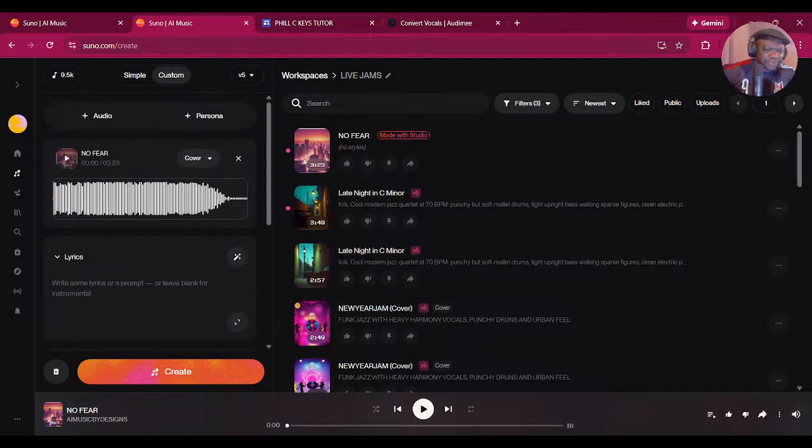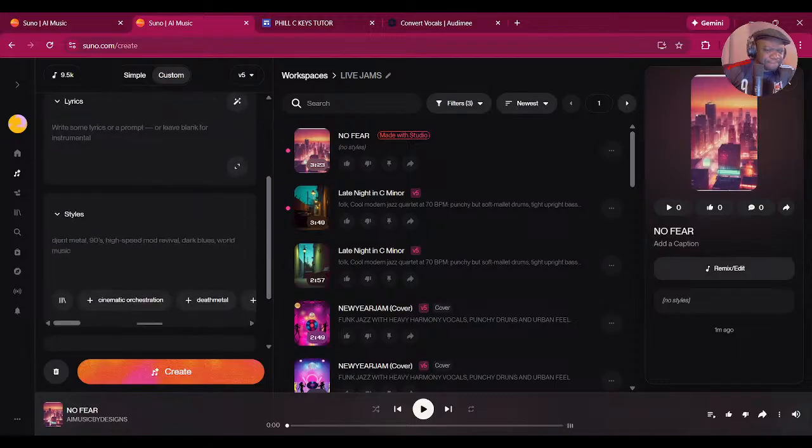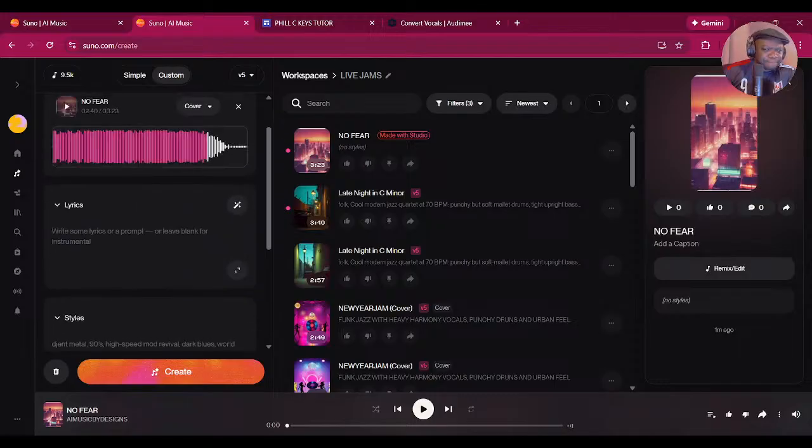I could do all sorts of things from this point on. I don't think it's gone the lyrics yet, but the lyrics normally appear, but nowhere to be found.